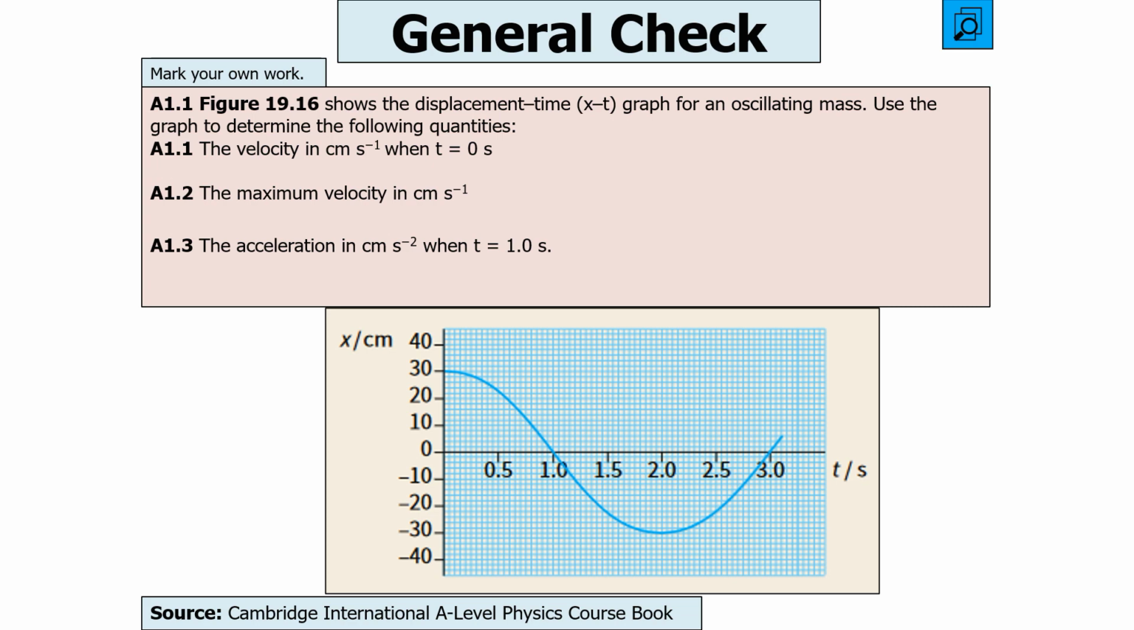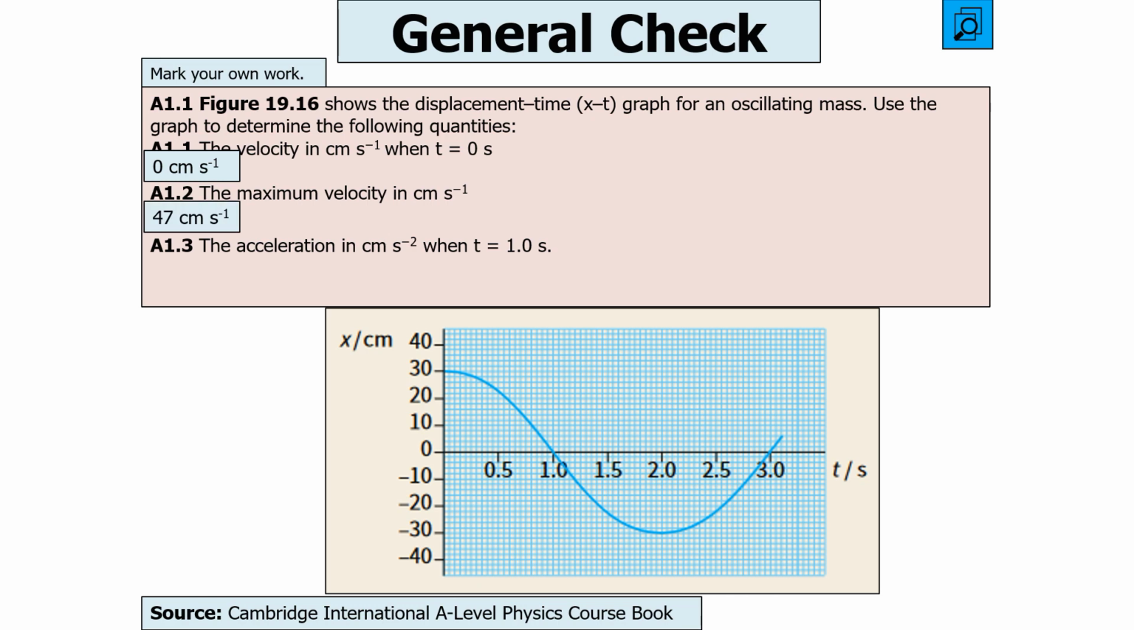Right, in this first one, you can see at time t equals 0 that the gradient is in fact going to be equal to 0, and the gradient is the velocity of the particular object, so therefore our answer is 0. Now, what's the maximum velocity going to be? You can tell it's actually going to be when you're going through 1 second there, because that's going to be when it's at its highest gradient. So what you can then do is work out the gradient at that point, so it's 47